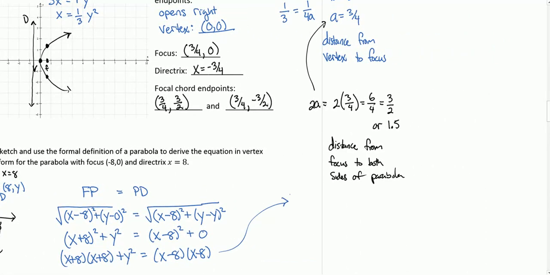Keep working through this. When you multiply (x + 8)(x + 8), you get x squared plus 8x plus 8x plus 64, plus y squared, which I forgot, sorry, is equal to